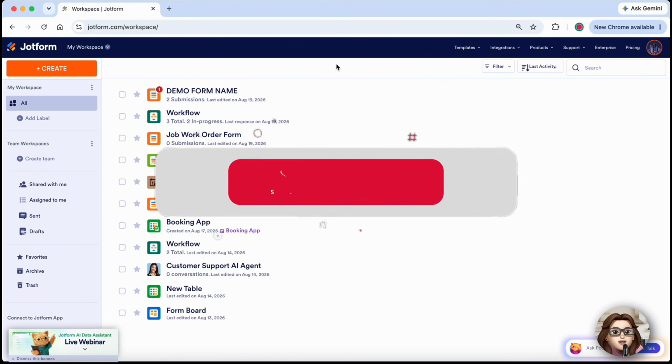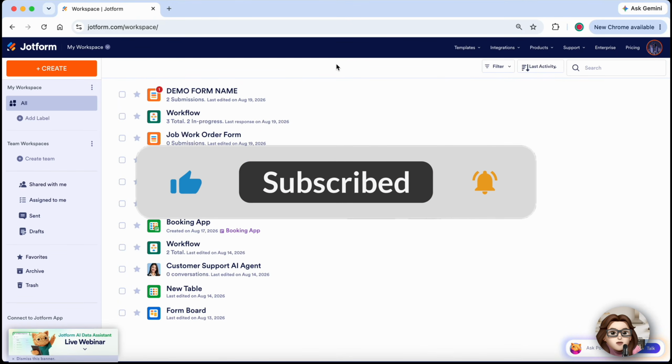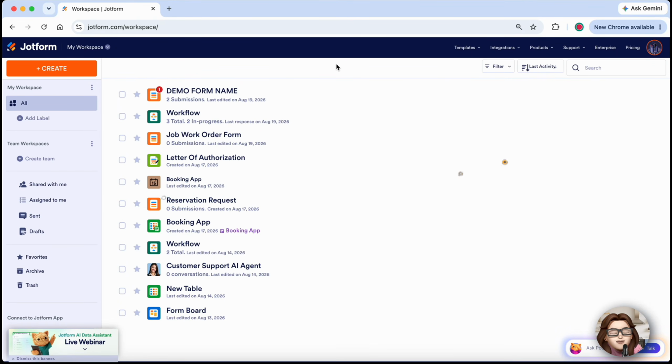In this tutorial, I'll show you how to receive email notifications from Jotform. Open your browser and go to jotform.com, then sign in to your account. From your dashboard, find the form you want to update and click Edit Form to open it in the form